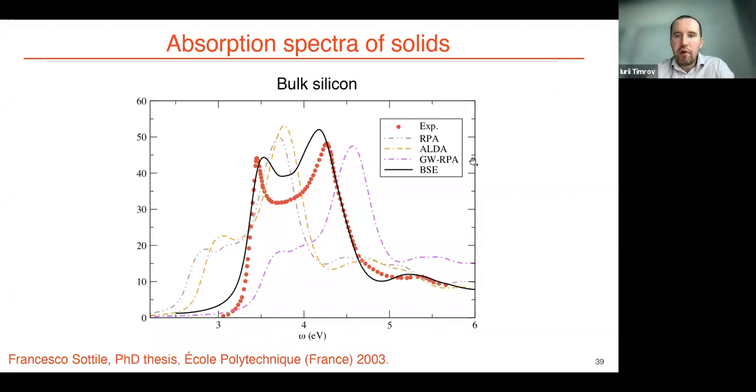If we try a more advanced method, we go beyond TDDFT, and we can try GW, which we didn't discuss during the school. GW still doesn't give satisfactory results, and only when you use many-body techniques like the Bethe-Salpeter equation do you obtain rather good agreement with the experimental spectrum. If you're interested in using GW and the Bethe-Salpeter equation, you can use, for example, the Yambo code or maybe Berkeley GW. But this shows you that TDDFT